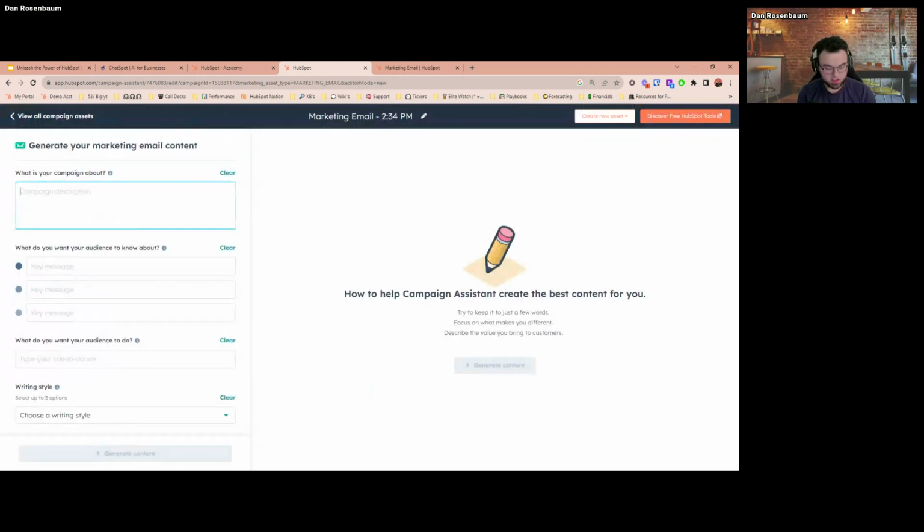So my campaign is about spreading awareness of AI tools for people who need them most, with a focus on equitable and ethical access.